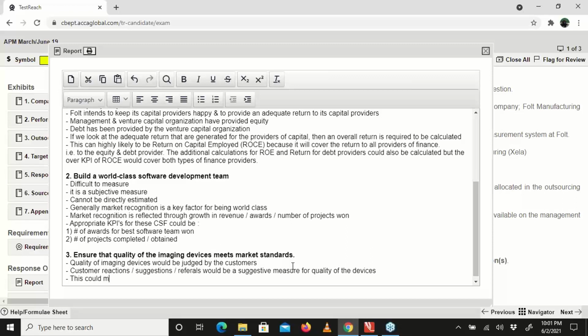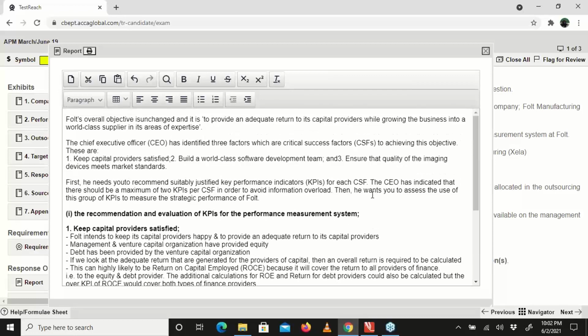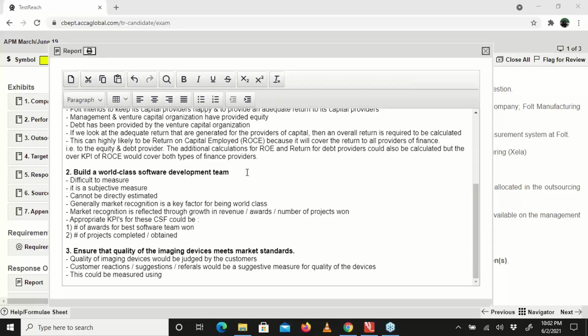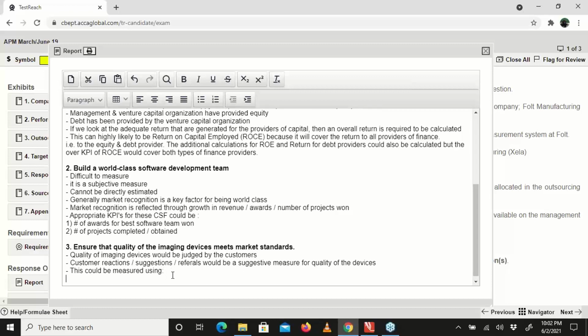This could be measured using what? This could actually be measured using,